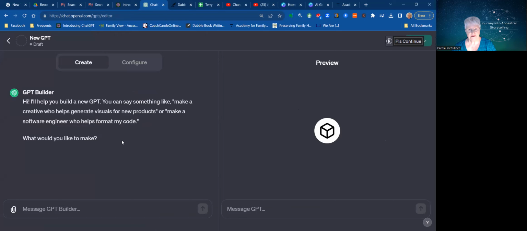On the left side is the GPT Builder, with whom you're having a discussion about what your new GPT is going to be. And the first thing it asks you is, what would you like to make? And it suggests that you can say, make a creative who helps generate visuals for new products, or makes a software engineer who helps format my code. Today, I'm focused in on something that's going to help me with my genealogy. So my first answer is